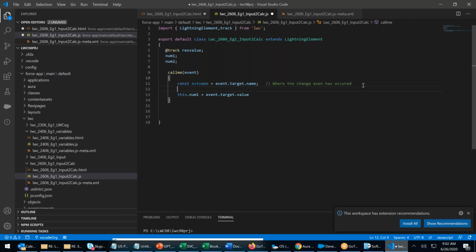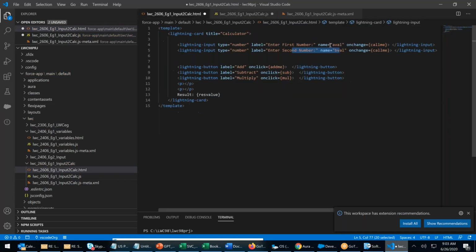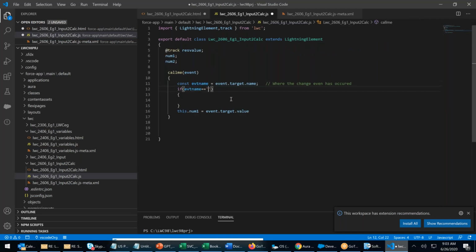Now I will say if event name is equal to the name we gave here, called eval, then whatever the value is there, assign it to number one.